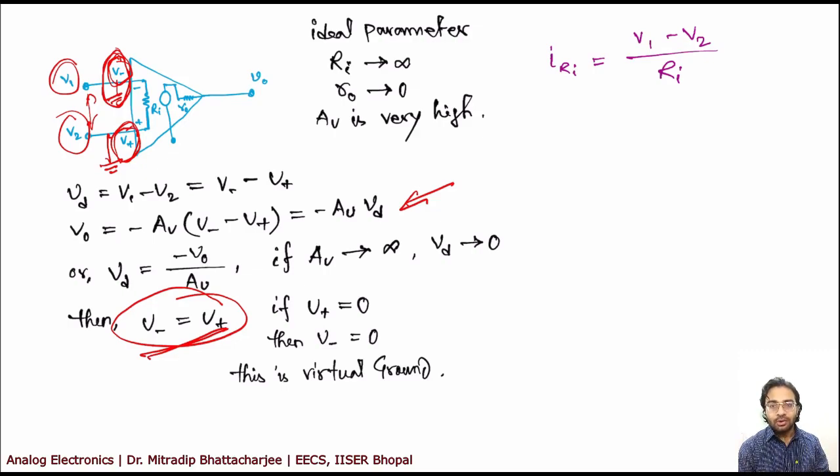What does that virtual ground mean? Ground means that all the currents will come and go into the ground, right? In this case, this is not the case. It's a virtual ground, it's not a physical ground. It is the effect of V plus which you have physically grounded. That effect you are going to see in the V minus terminal.